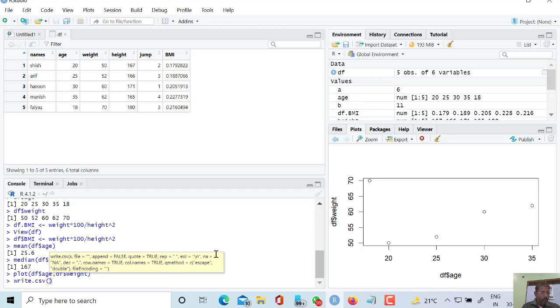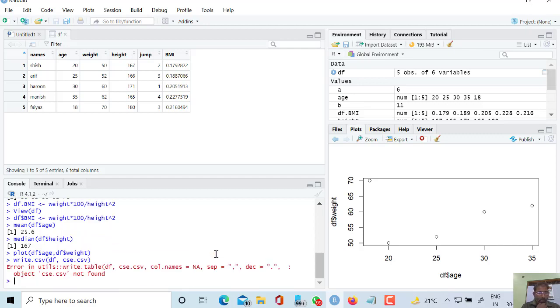I want to write this data frame as csv dot csv. Okay, it should be written in quotes, double quotes.